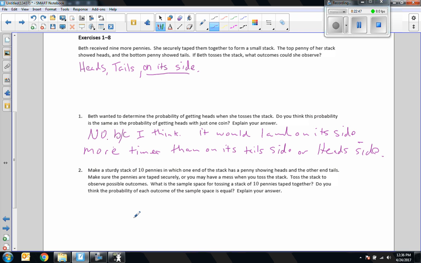So 2 says make a sturdy stack of 10 pennies, in which one end of the stack has a penny showing heads and the other end has tails. Make sure the pennies are taped securely, or you may have a mess when you toss the stack. Toss the stack to observe possible outcomes. What is the sample space for tossing a stack of 10 pennies taped together? Do you think the probability of each outcome in the sample space is equal? Explain. There's no way for me to show this on this screen because I don't have a camera. If I had a camera, then surely I would do this activity, but at this point,